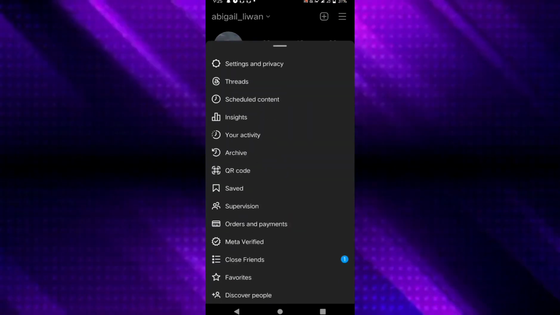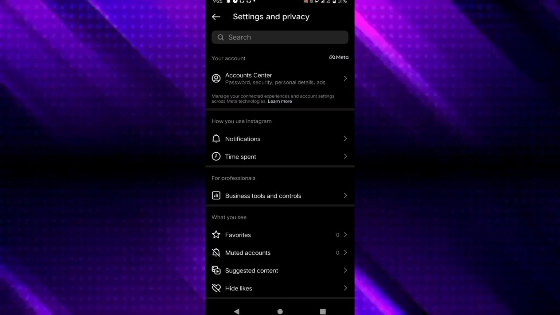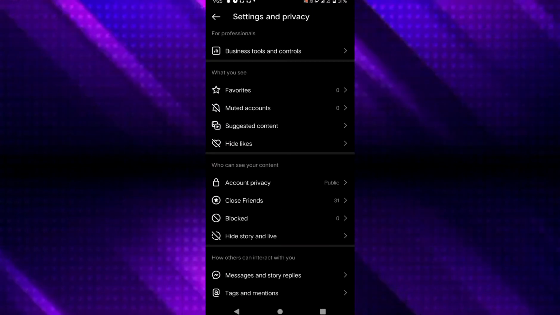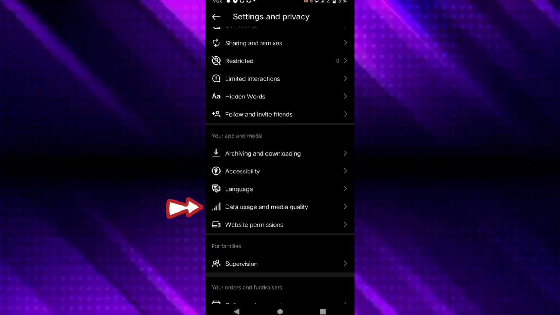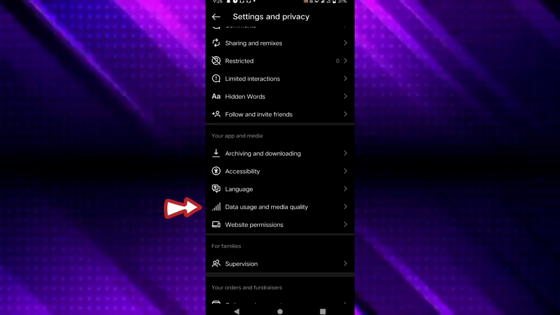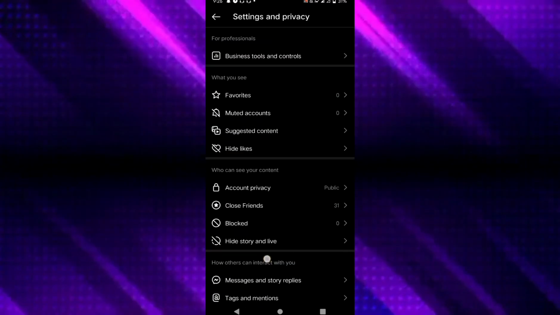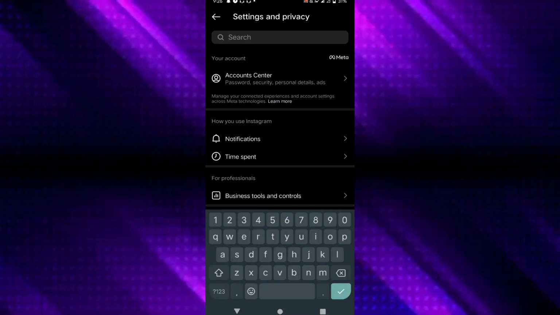Click on Settings and Privacy and then scroll all the way down until you find the data usage and media quality. So if you find it hard to find this one, just go ahead and search data usage and then it will appear here. Just click that one